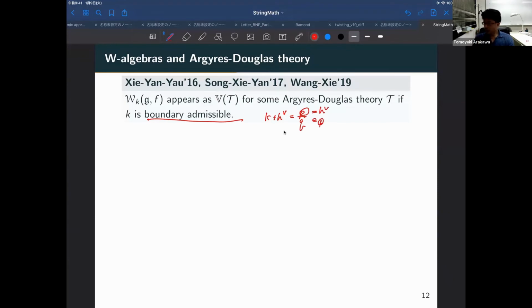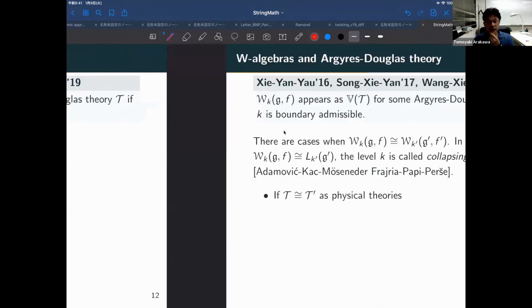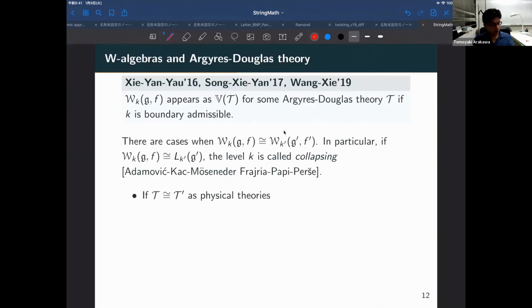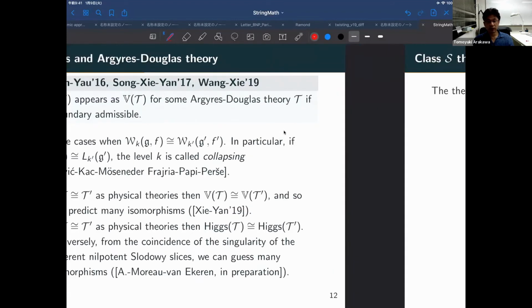And maybe I skip what I wanted to say here. So there's some implication of this Aguilar-Douglas theory, but let me skip. And I want to try to talk about the